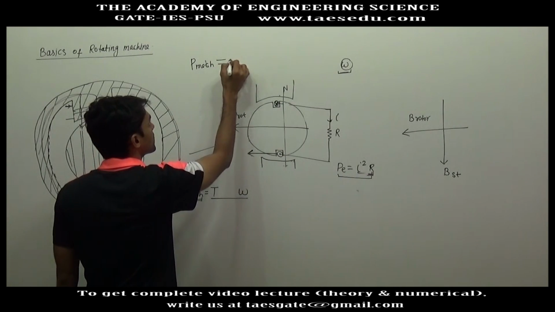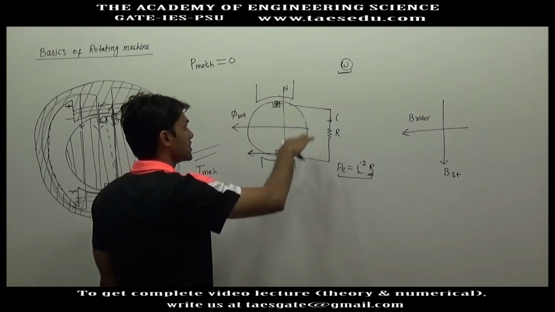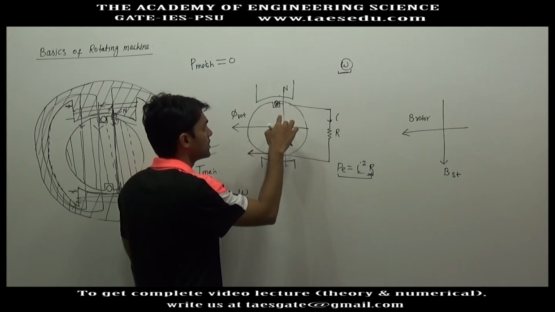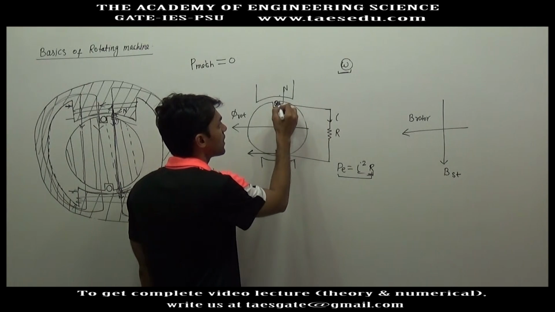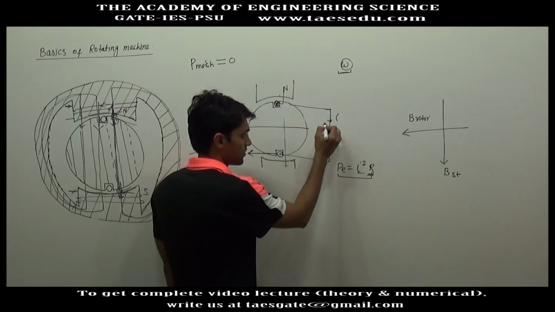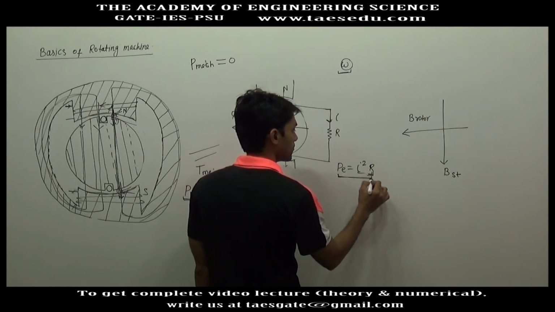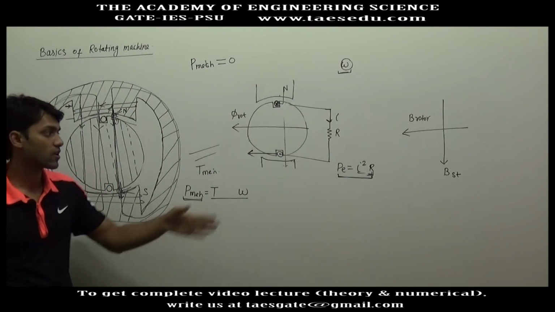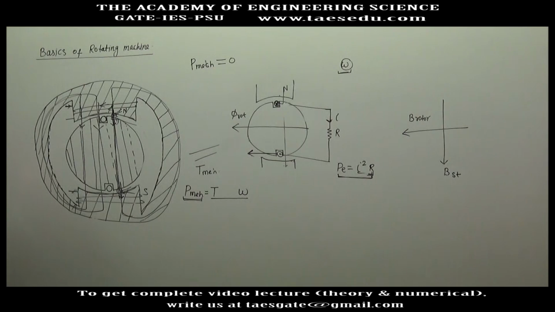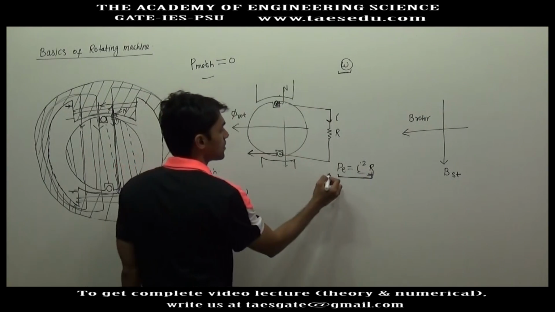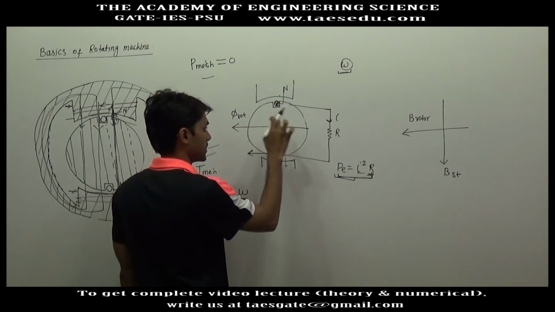You are not giving any mechanical power, you have only given an initial speed of omega. And if it has a speed, it will rotate, and if it rotates, there will be a current in this conductor, and if there is a current, you will have electrical power. So without giving any mechanical power, how can we have electrical power? This is not possible. So we can say it will not keep rotating.